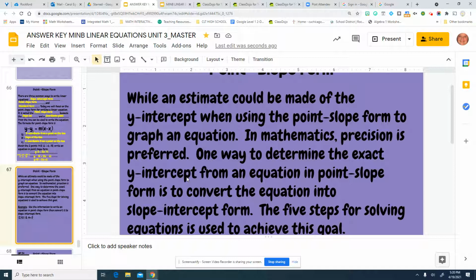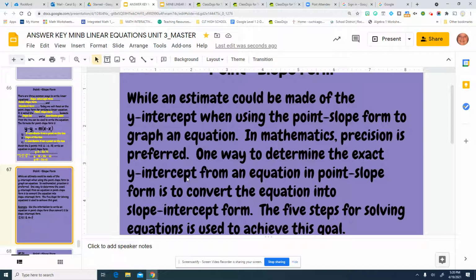So, for example, if we were graphing using point-slope form, we may or may not be able to know exactly where the y-intercept is, which is an important feature of a linear equation. So in mathematics, precision is preferred. So one way to determine the exact y-intercept from an equation in point-slope form is to convert the equation into